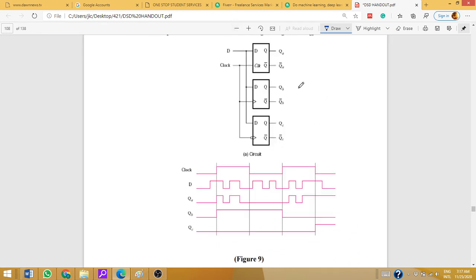Here, yes, sure. What is the first one? This is a D latch. It is not a flip flop, is it? This is a D latch. Why is it not a flip flop? Because there is nothing here. The first one is a D latch. Is it okay? D, Q. There is no symbol. Okay.